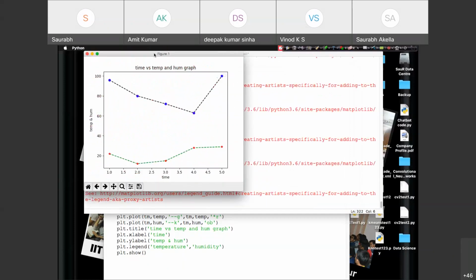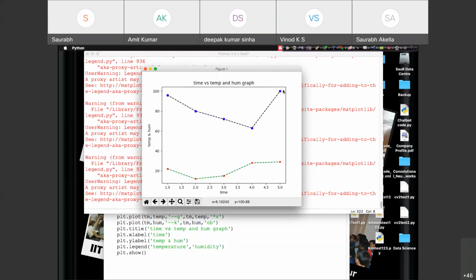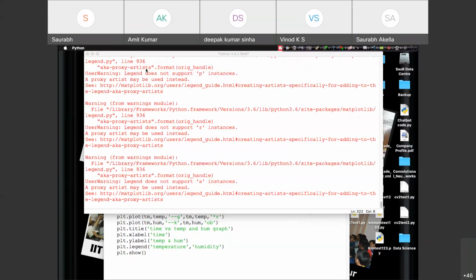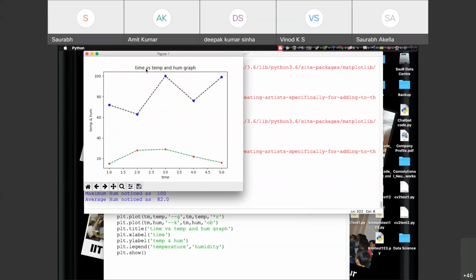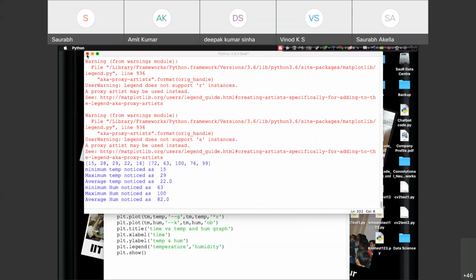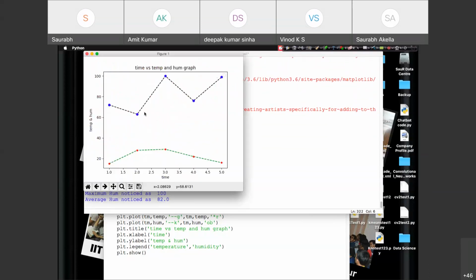Yeah. So there's a small box here coming up. We have to decide the range for the legend, but still, see, in the y-axis temperature and humidity, in the x-axis time is coming up. This is your title and this is your graph. Yeah, so the shape of the graph is getting changed. If I again close this and run it, it will keep on running. Whenever we want to analyze, we can analyze that.